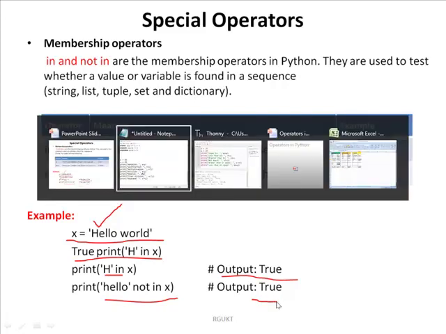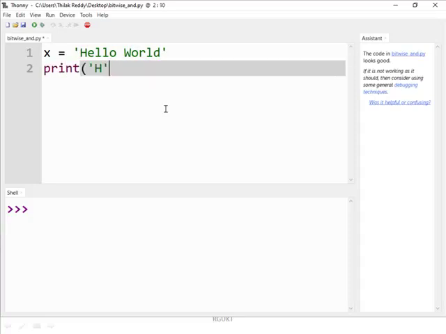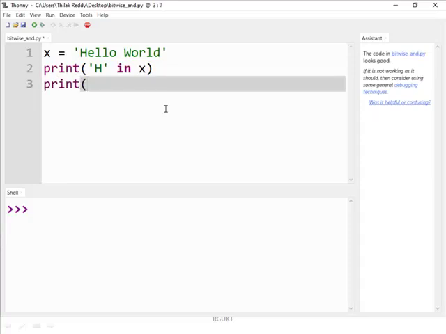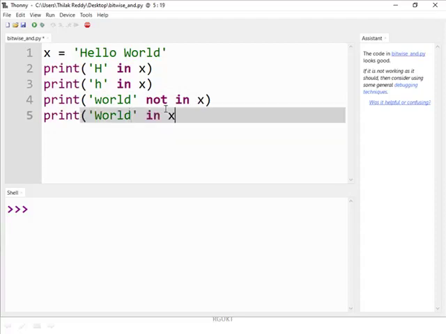So let me write a simple program. X equal to single quotes hello world. Print capital H in X, print small h in X, print word not in X, print word in X. So we'll check the answers.